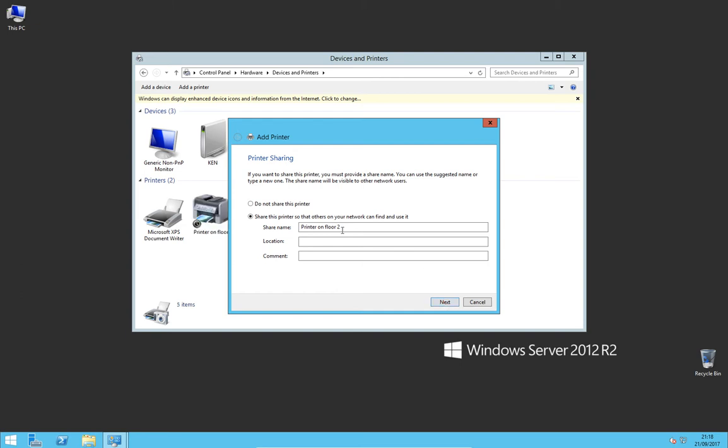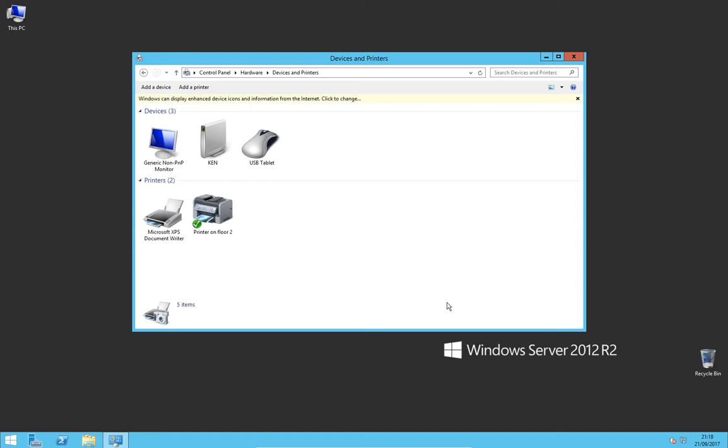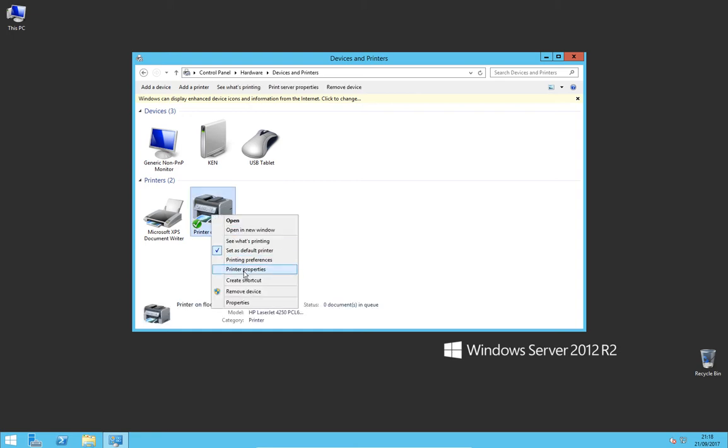Now, I always choose the don't share this printer option. I'll explain why later on. We're not going to print a test page, and we'll finish. And there's our printer. It's got a little tick box to say it's the default printer. And if we bring up the printer properties,